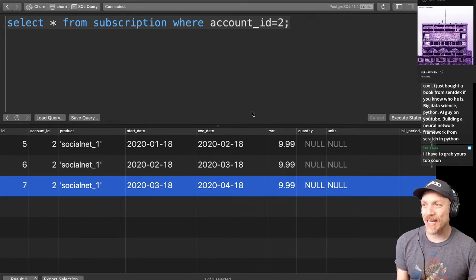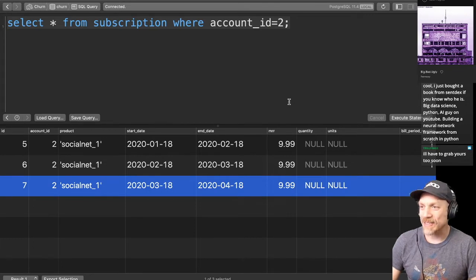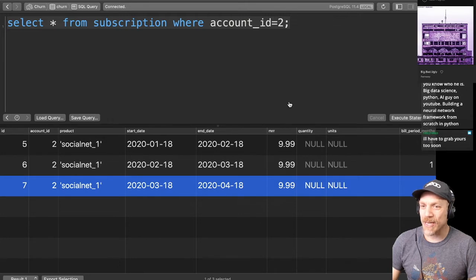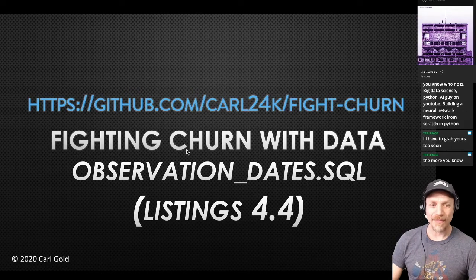I'm going to try to get through creating the data set, which we just did, this important query for creating the data set. I said we could go into the query in pieces, but maybe we should just keep on going and finish making the data set. Let's try that. If no one has any questions, we can go deeper into it.